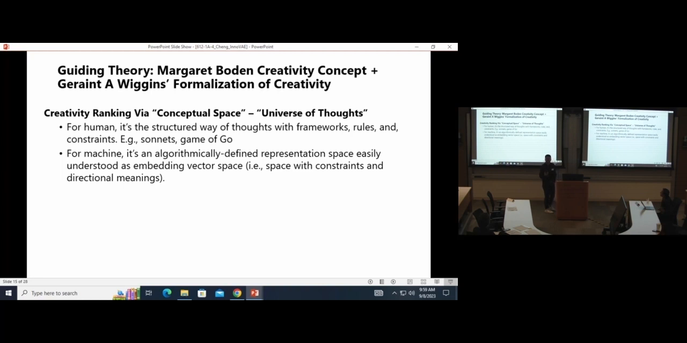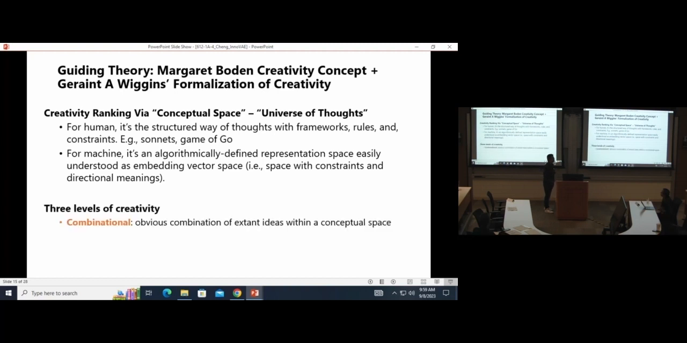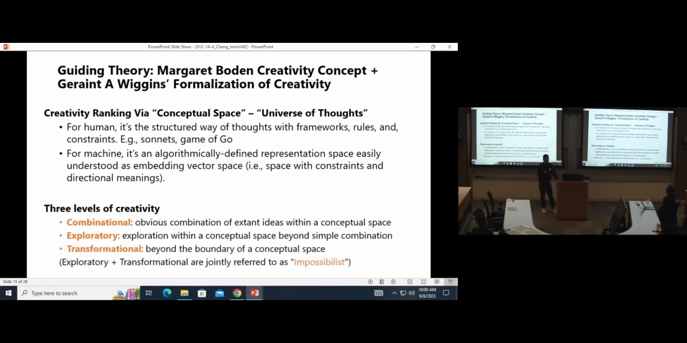So any kind of object, you can simply think of as a certain projection in the vector space. Based on this, we can measure three types of creativity. The first kind is combinational creativity: things created by combining existing concepts. We have exploratory creativity, which are things explored within the given vector space, and we have transformational creativity, which is something that